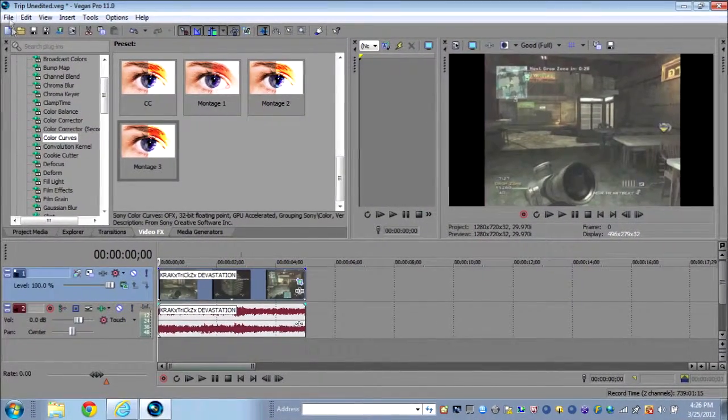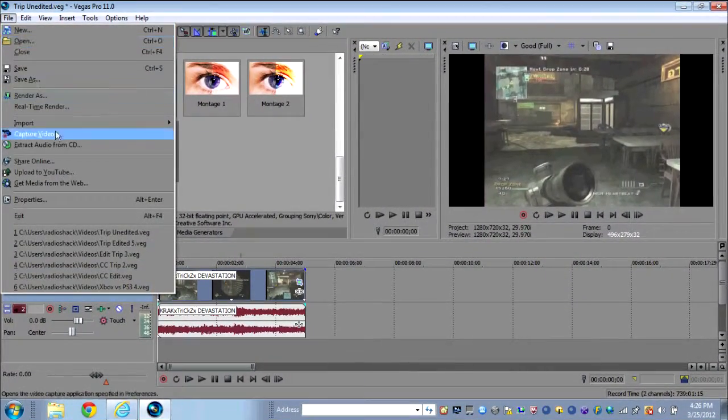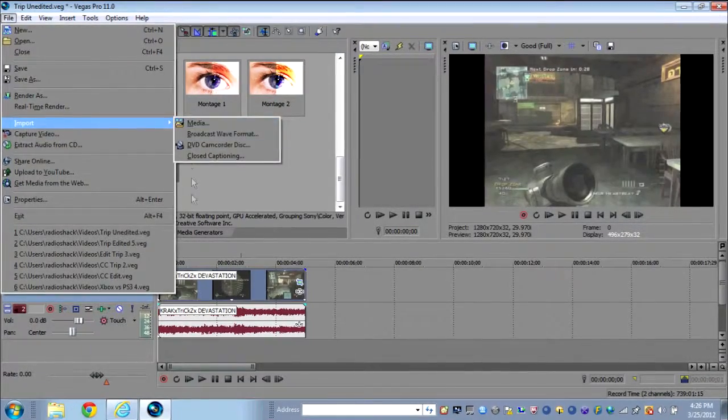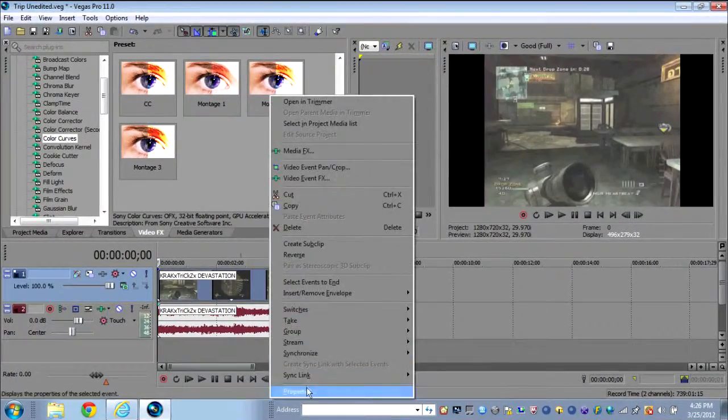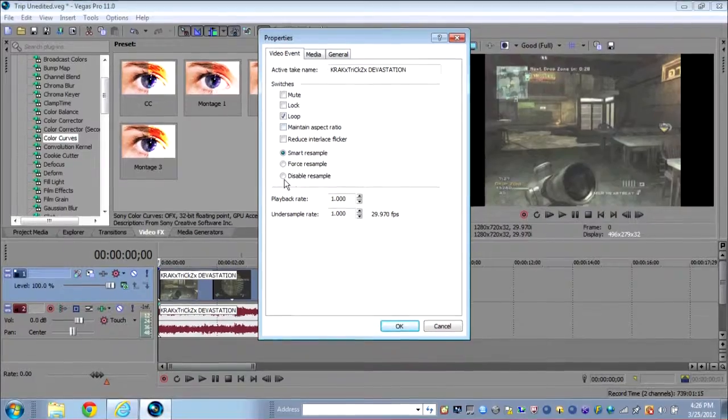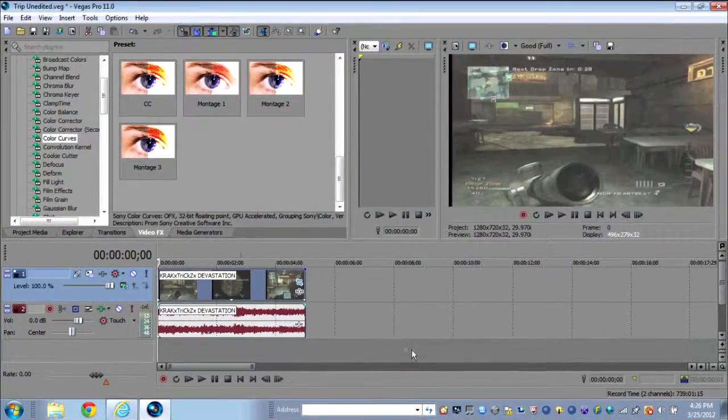Once you have imported your clip by going into File, Open, or Import Media, you're going to want to right click on your video, Properties, uncheck Maintain Aspect Ratio, and disable Resample. This is very important. You must do this. To get rid of this black line on the sides,